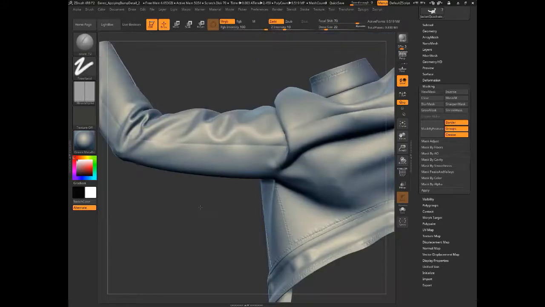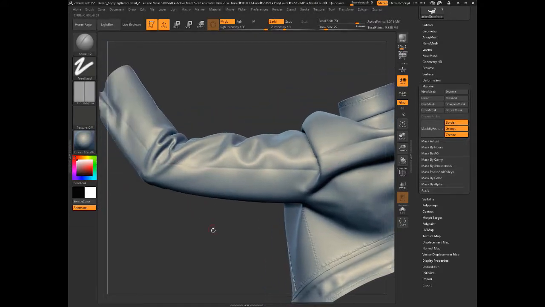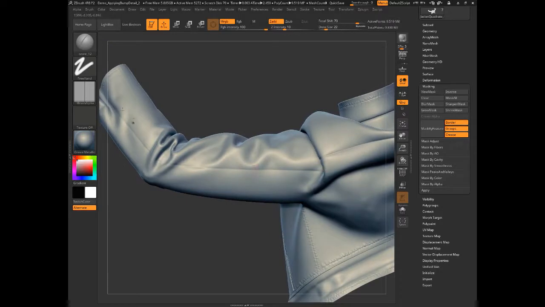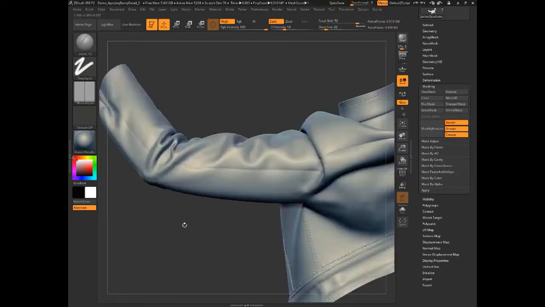Alright, so just about done here. If you watched the episodes on actually building this jacket in Marvelous Designer, you might remember that some of these panel lines are what we call internal lines. So it's not a physically separate mesh. The crease is created by an internal panel line, and to give that a little bit more plausibility,